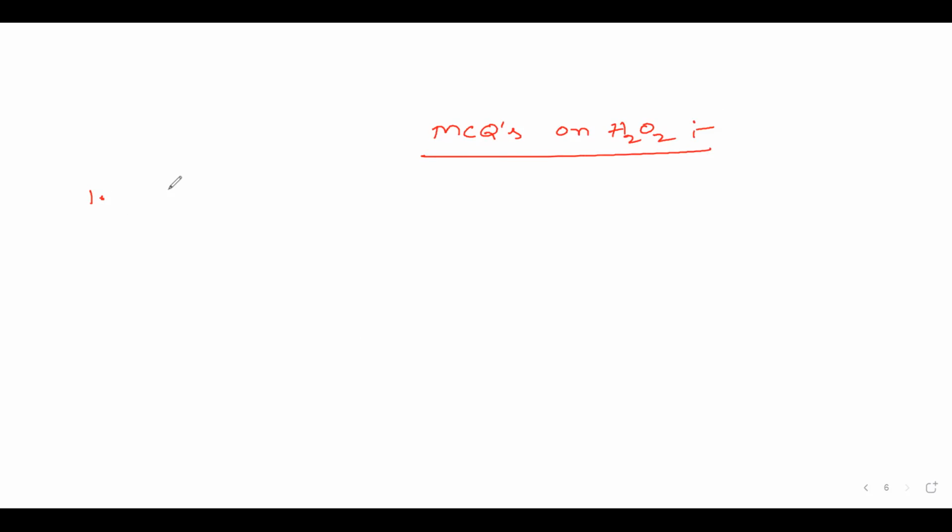The volume strength of 1 normality hydrogen peroxide solution is